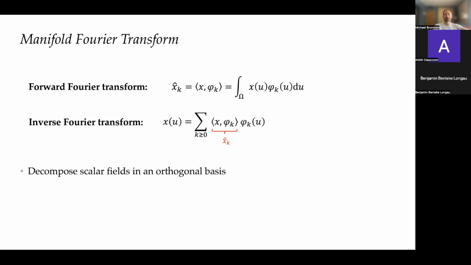Okay, so it allows us to decompose scalar fields in some orthogonal basis, and we can work now with the Fourier coefficients. So basically, we forget about the manifold, right? So I work with these numbers, x k hat. I don't know what is omega here. I don't care what is omega here, right? So somebody asked why we need to define the Fourier transform on the manifold, exactly because of this reason. Now I can completely abstract out what is omega, what is the domain on which I define it, as long as I have a way of defining the Laplacian on this domain and perform its eigendecomposition, I can forget now